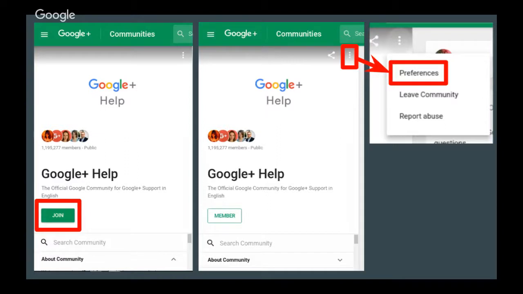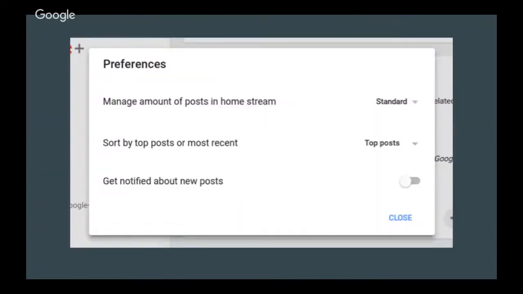Currently, the default is that the posts are sorted by top posts rather than chronologically. So if it's important to you to see every post within a community, you may want to switch from top posts to the most recent post sort order. And then you can also enable or disable notifications of new posts in the community.